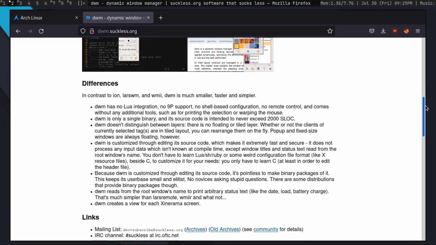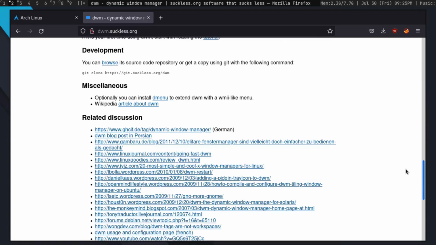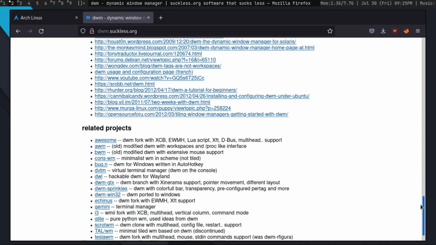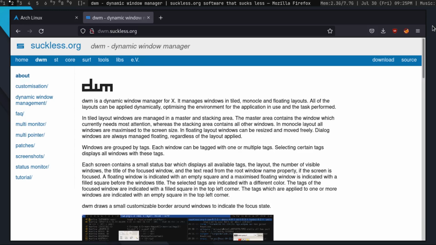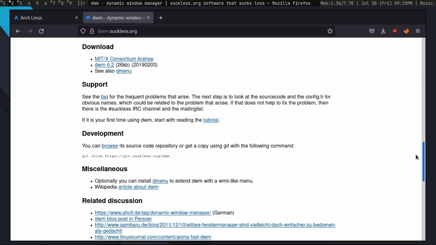So it's a dynamic window manager and it's very lightweight. For me, in my build, it only takes about 180 MB when it is idle. So that's pretty neat. That's a pretty small footprint.